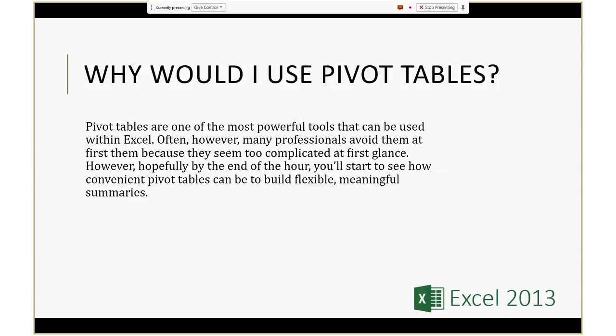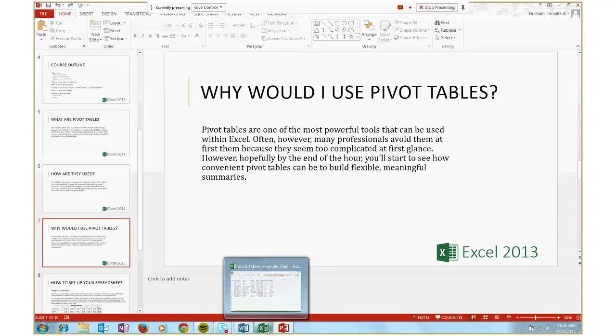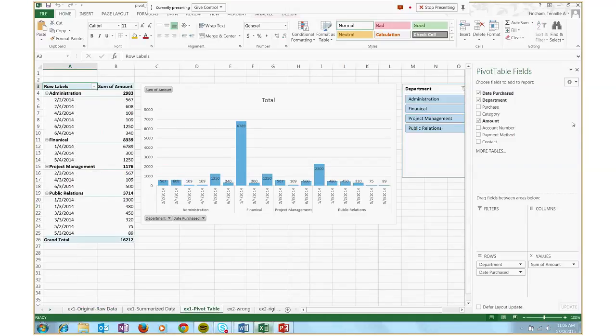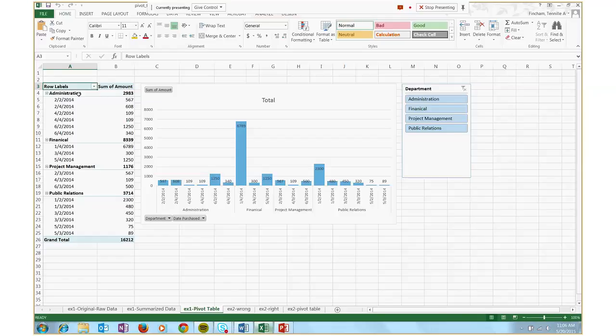So I'm just going to pop out of PowerPoint here and open Excel. I'm going to show you some end products of what a pivot table report might look like. So this is my original set of data that I've been collecting. It's just a list of expenses, a list of purchases that have been made. However, once I do this in a pivot table, what I get is a really nice summary. So you can see on the side here, now I can break this down and I can see that administration spent a total of $2,983